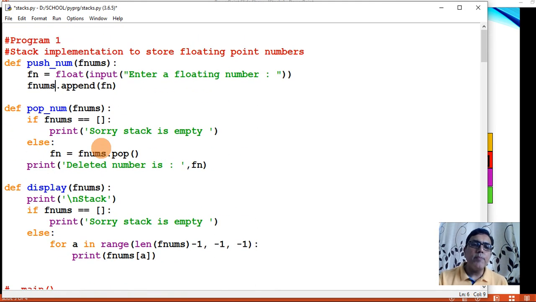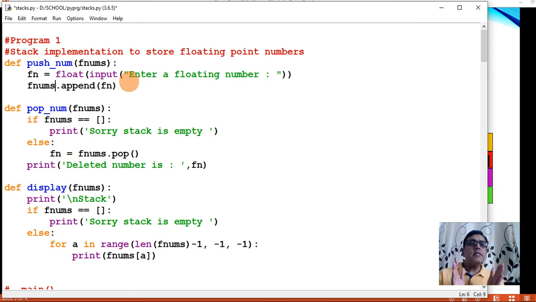Now what is written in push_num? Let us see. In the push_num function, it receives one list. This is the list, fnums is the parameter. Now this function is supposed to enter a floating point number into the stack. It will add a floating point number in the stack.